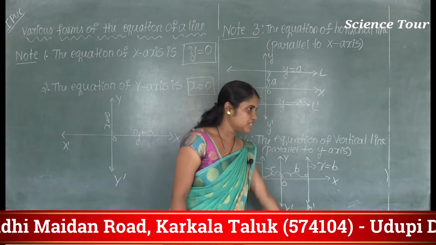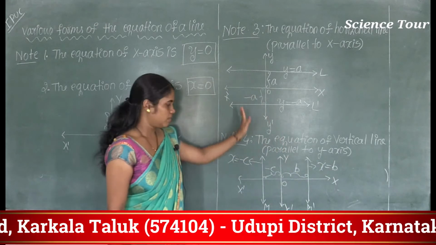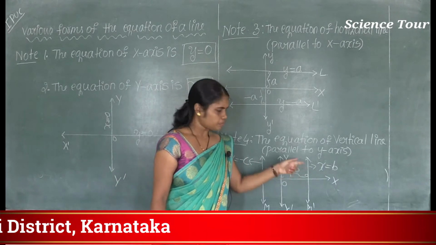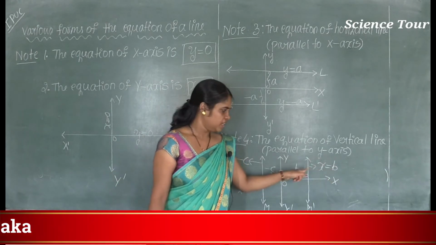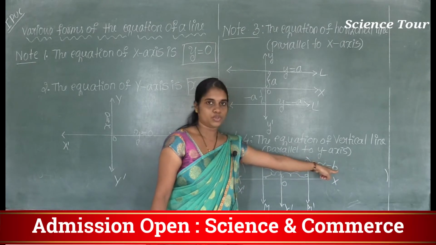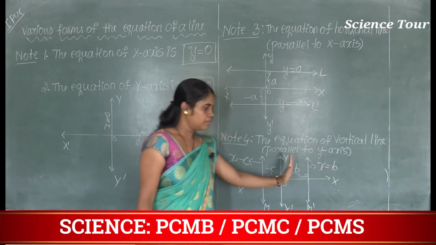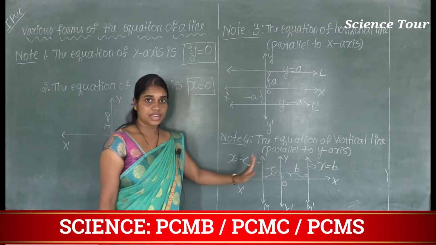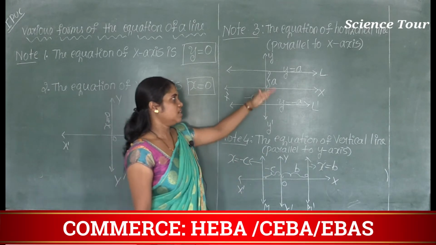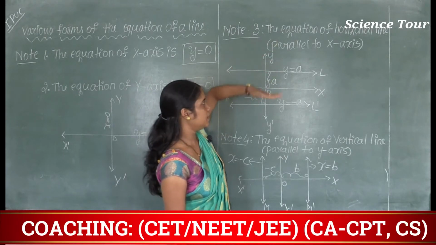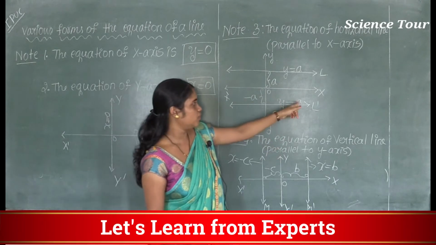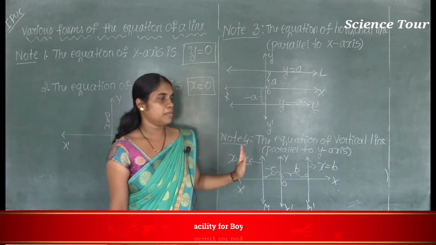What is the equation of this line M dash? x is equal to b. The equation of this M is x is equal to minus c. Just look at your distance. If it is b, x is equal to b. If it is c, you can consider any letter, you can consider c also, x is equal to c. Here only positive values will come, but towards the left side, negative values will come because this is the negative x axis. By the same way, here only positive values will come because this is the positive y axis, but downwards this is the negative y axis, so negative values will come. You just remember this concept.